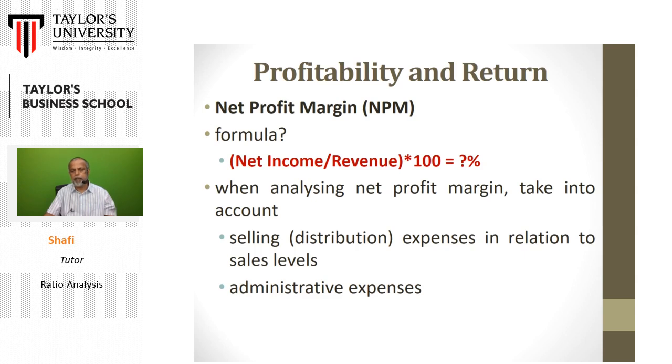And the other aspect of overhead expenses comes under the category of administrative expenses. This could include things like salary, rent, utility expenses, and so on and so forth. This would be considered as administrative expenses. So I repeat, when analyzing the net profit margin, we need to take into account sales and distribution expenses in order to achieve the sales target or sales figure, and also the administrative expenses, which is made up of all expenses